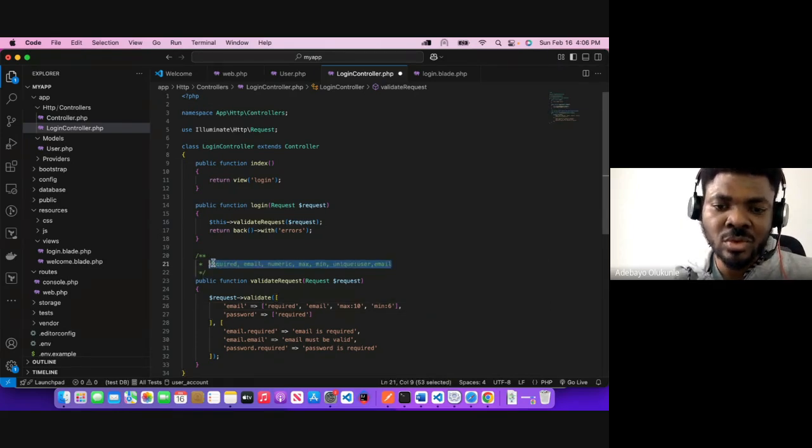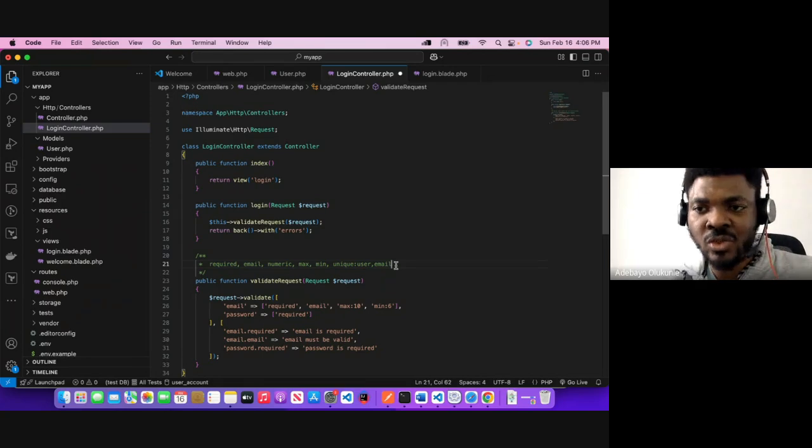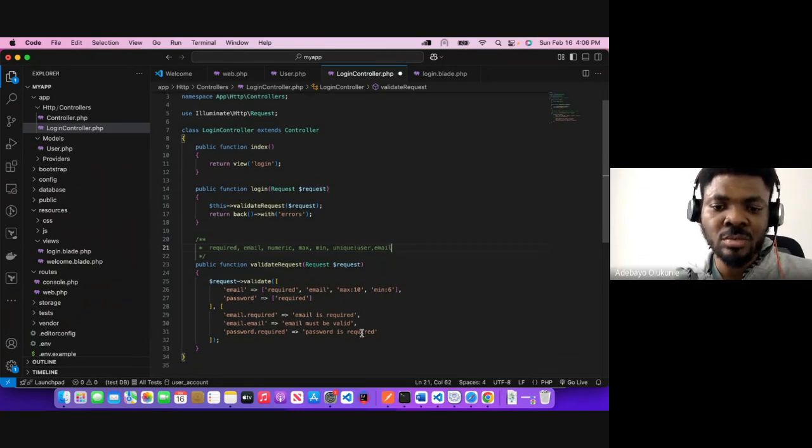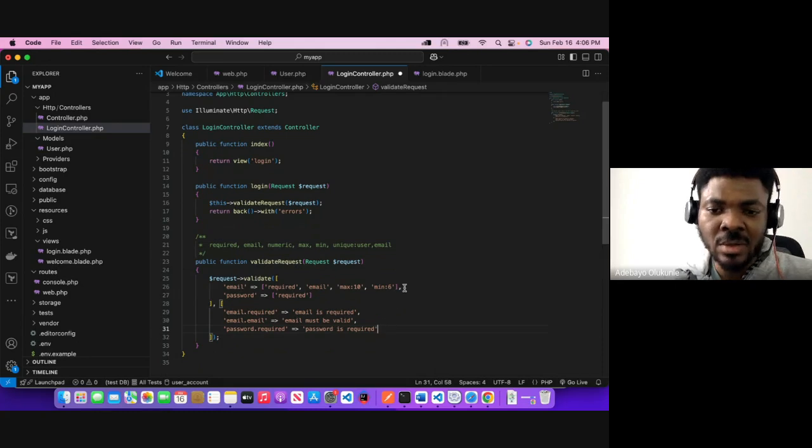You can always search as you proceed. You will get to know more validation methods that you will need, so you will be able to just see the usage and add it here. Okay, so you can do the same for the password as well. All you need to do in this case is specify what message you want the user to see. For example, if I put this here,